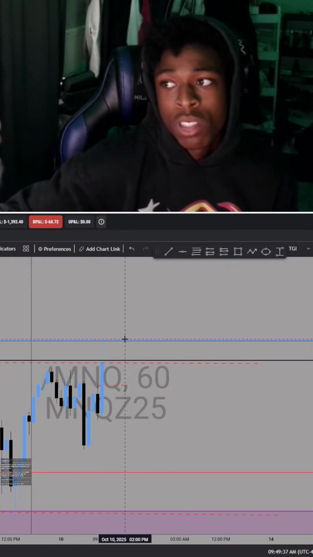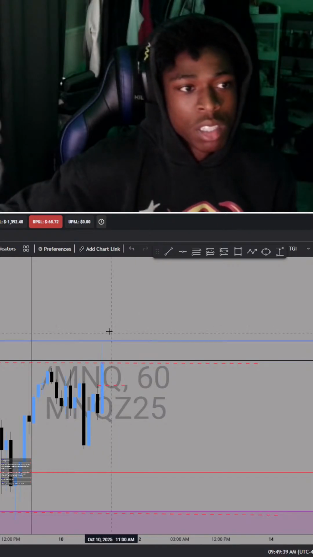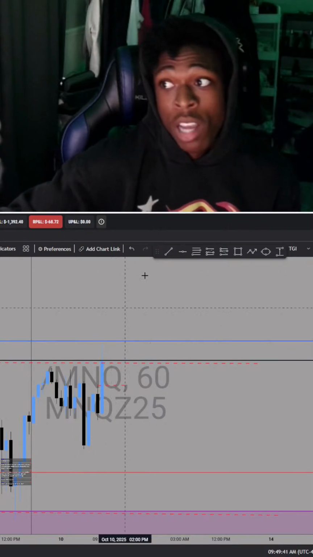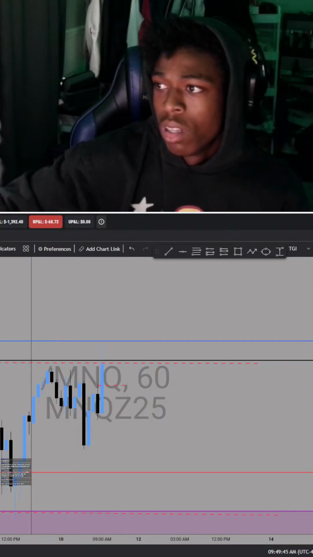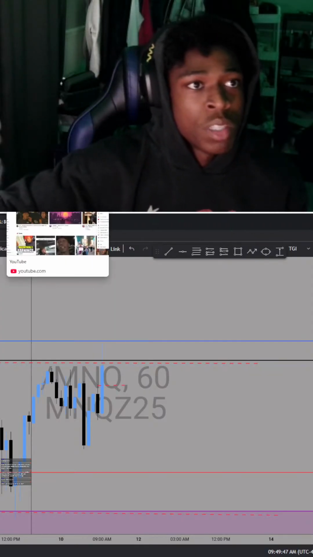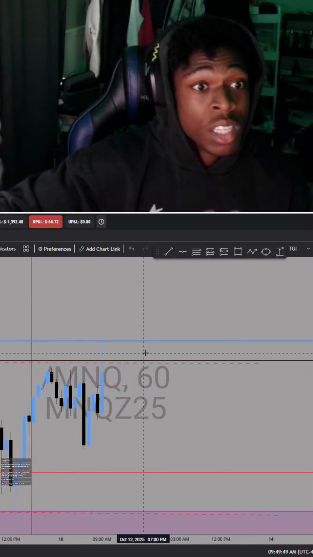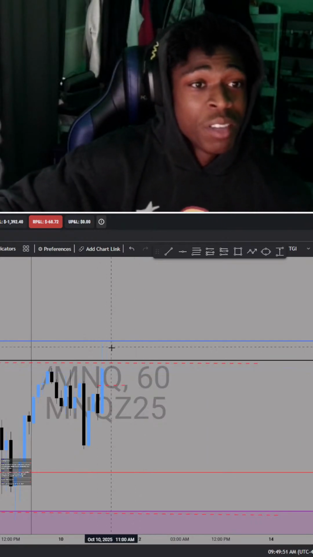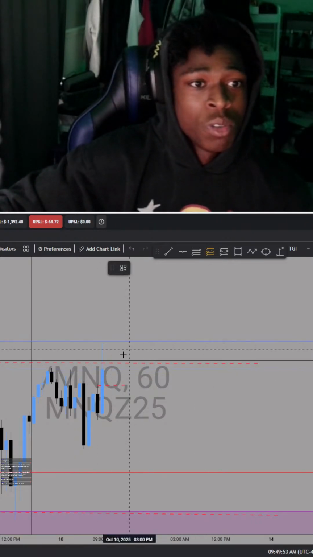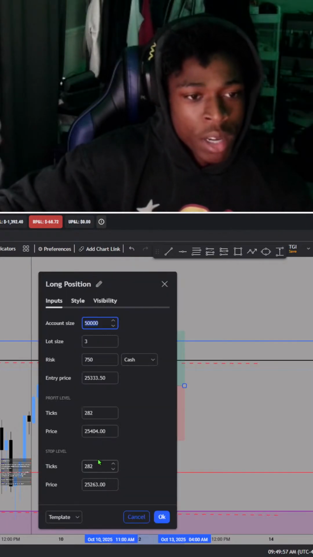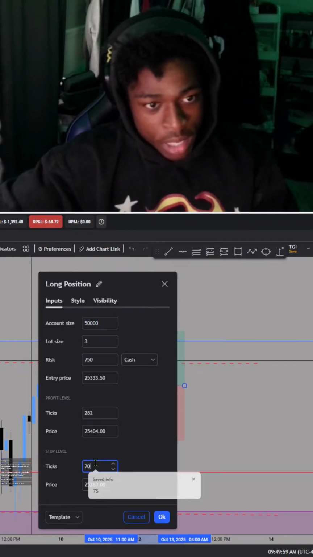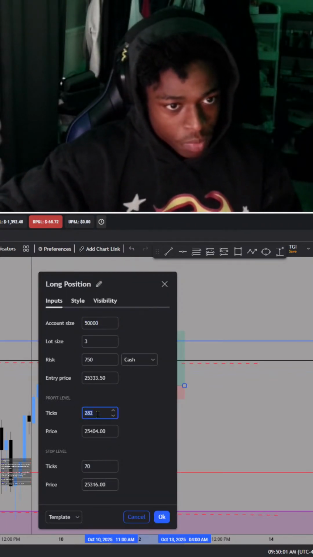They're just looking for this right above this high. Actually, on my charts it is the high, but on their charts their tick profit is above the high. So that's ideally what I would have been looking for. But I would have taken my trade out on my chart. Let me show you, I would have entered it down here. I wanted to risk 70 points just to have a wider stop, just because I know Nas is capable.